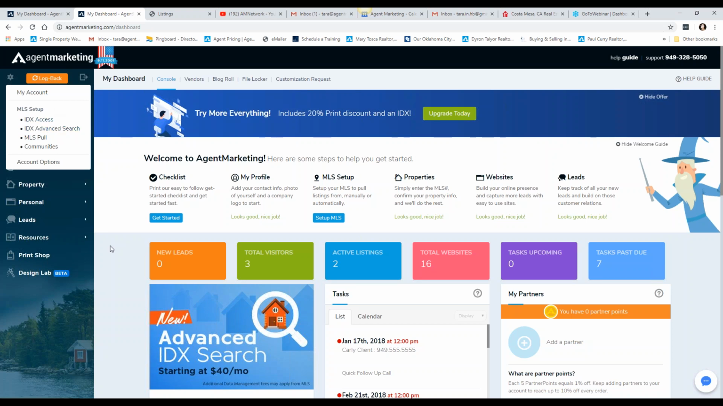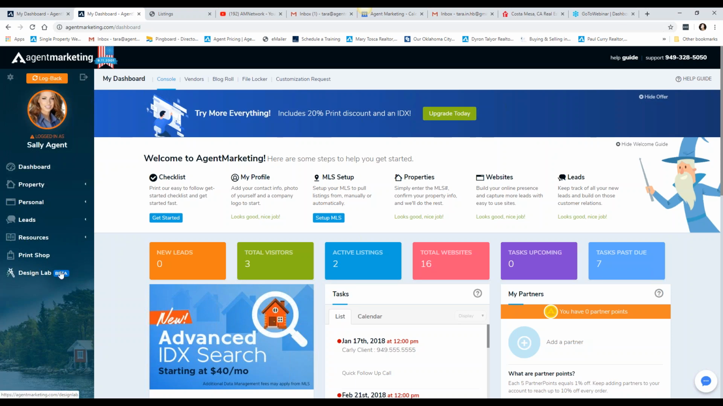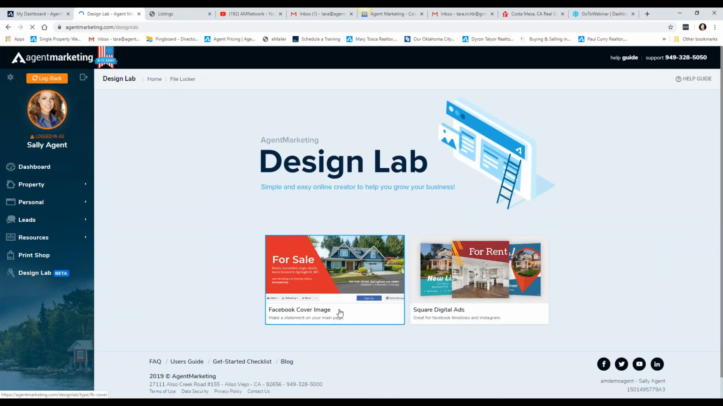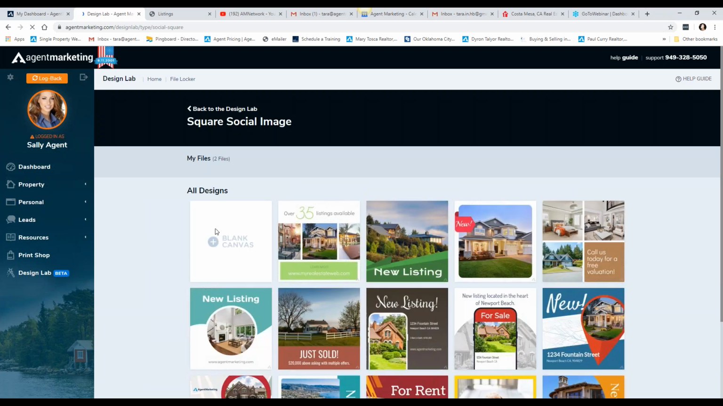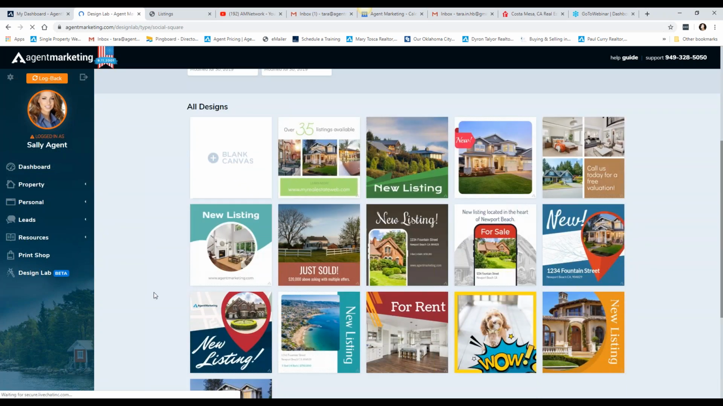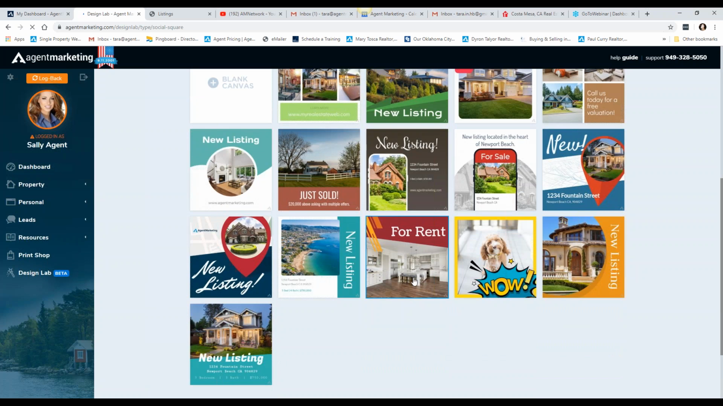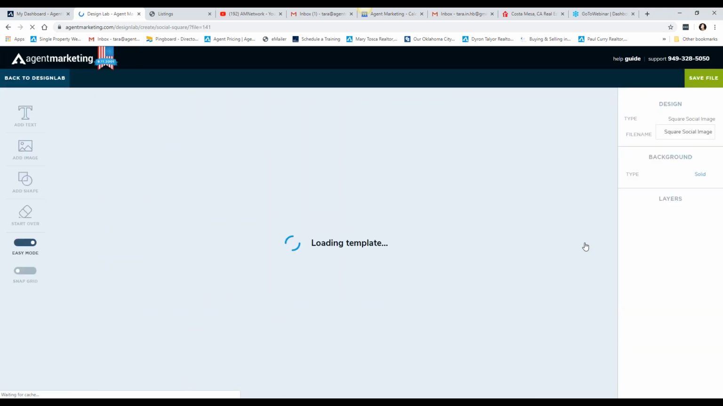Another newish thing that I probably mentioned in the past but want to mention again is the Design Lab. You'll see it over here on the left. This allows you to come in and design Facebook cover images on your Facebook business page, or square digital ads, which are great for Facebook timelines or Instagram too. And you'll see we have a lot of different templates to choose from. If you want to announce a new listing, you can come in. If you've ever used